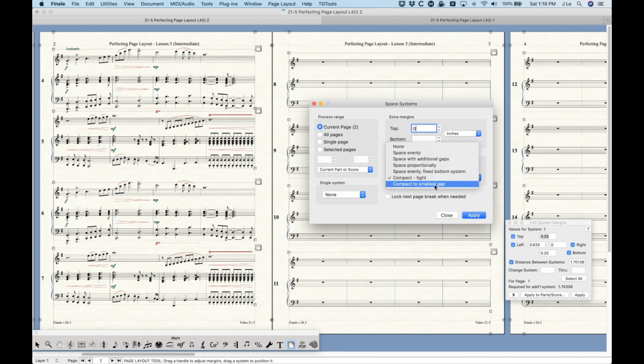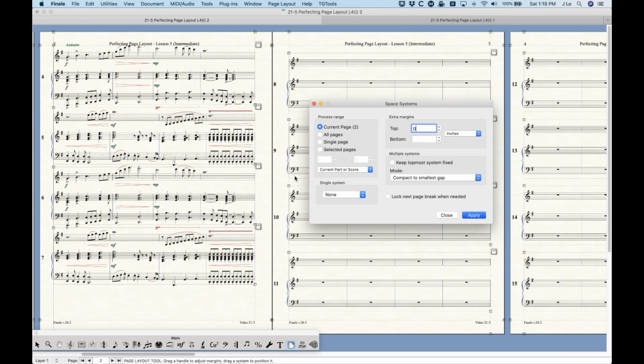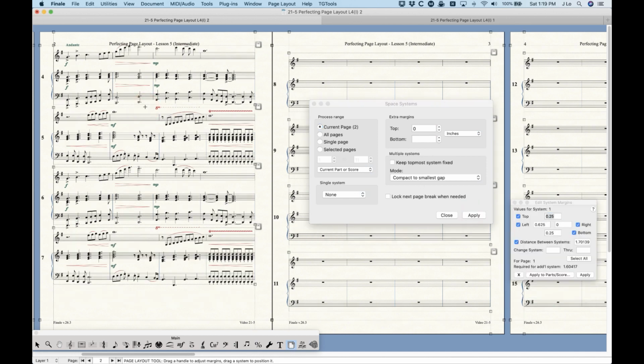There's also the compact to smallest gap, which will search the entire range here, in this case just page 2, and find out which gap is the smallest. In this case, it's going to be the gap between systems 4 and 5, and then it will make all of the rest of the systems within this range that value. So again, just hit apply, and you can see that now they're all this value, which is whatever that is,